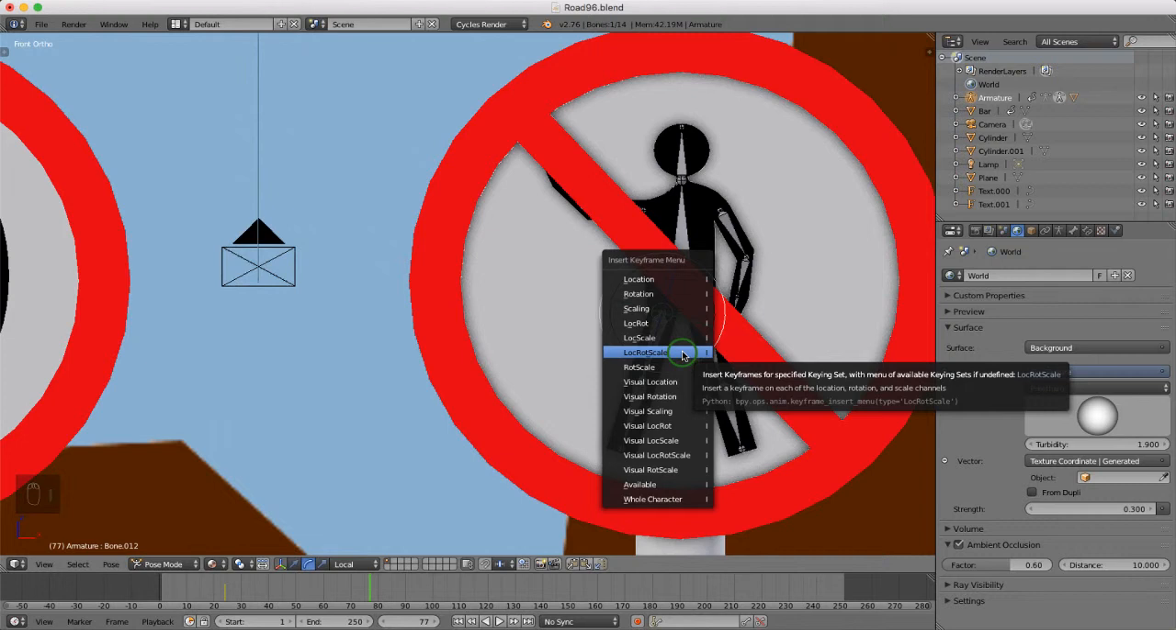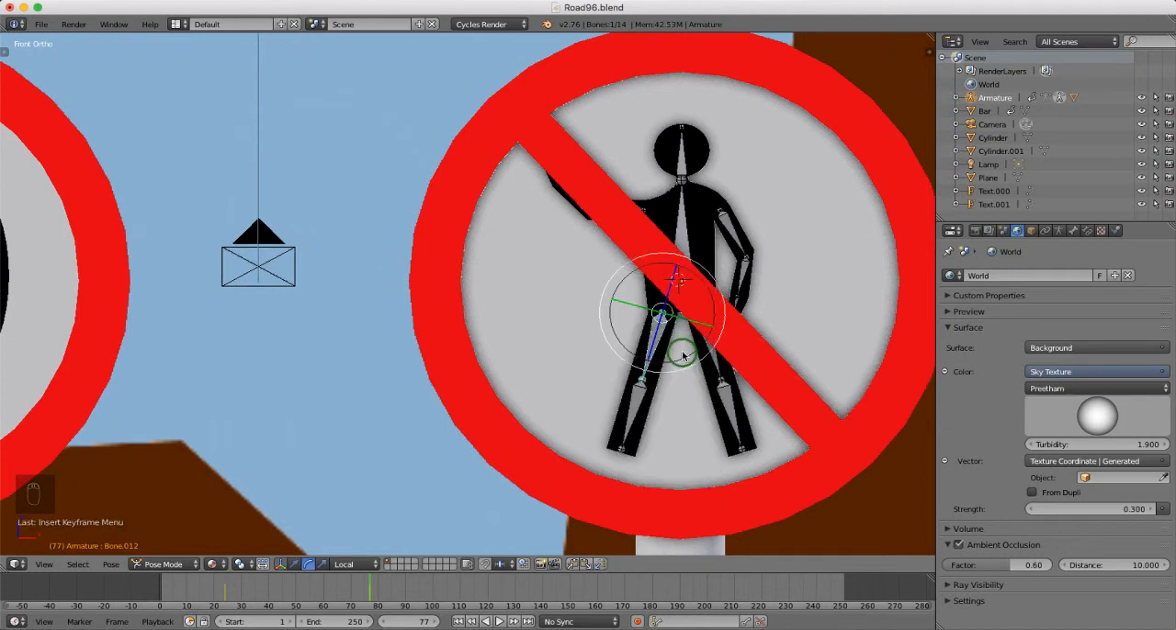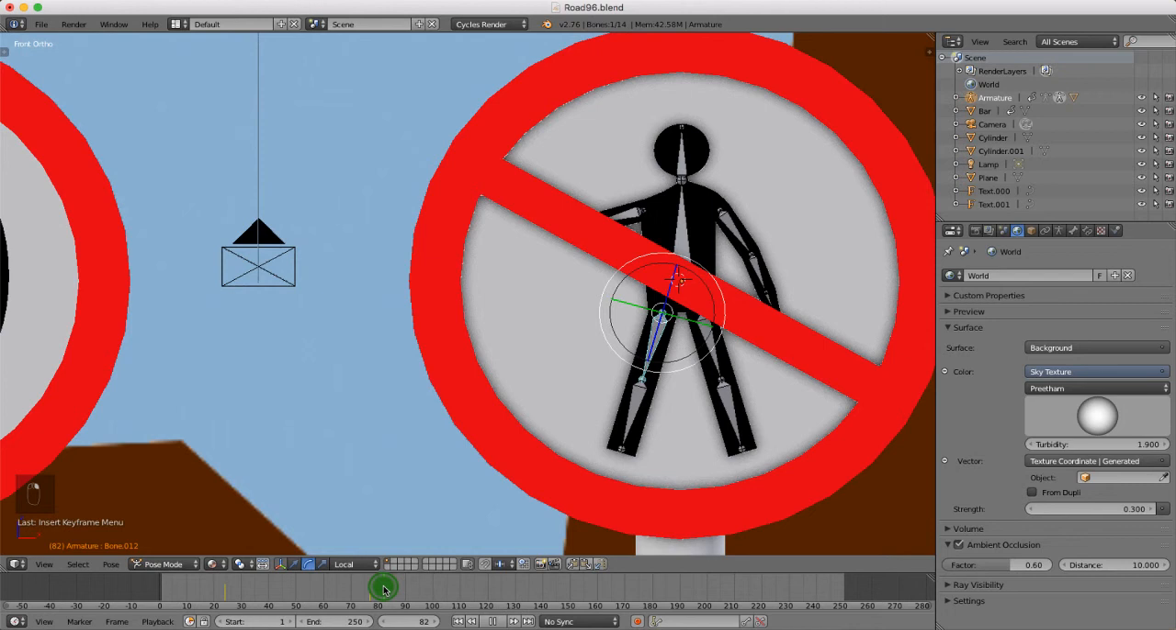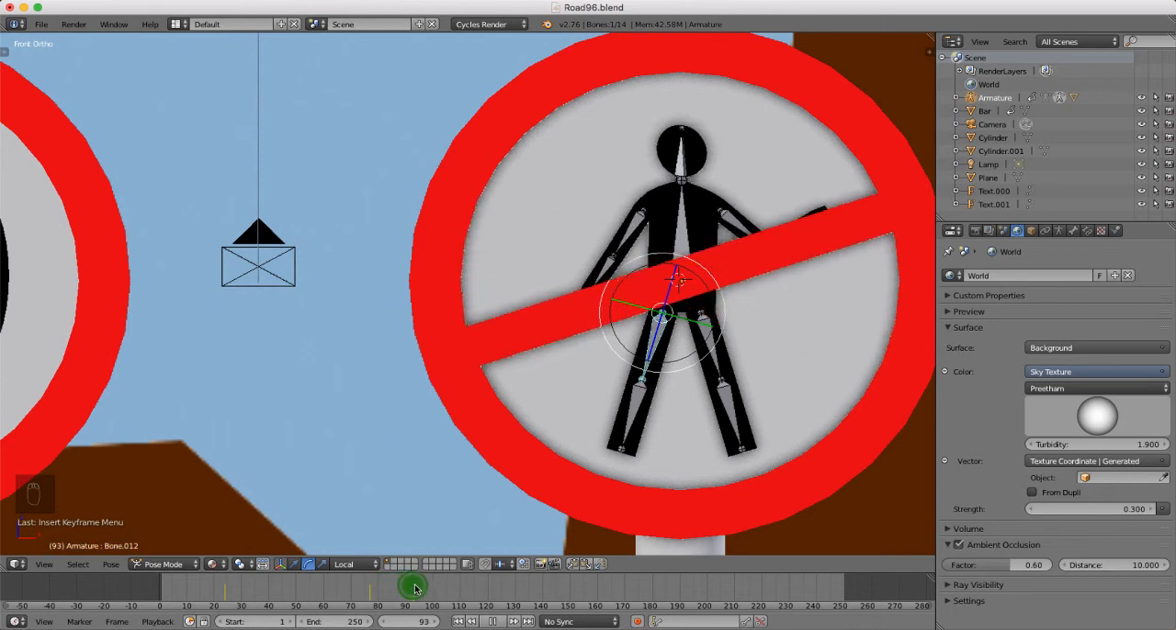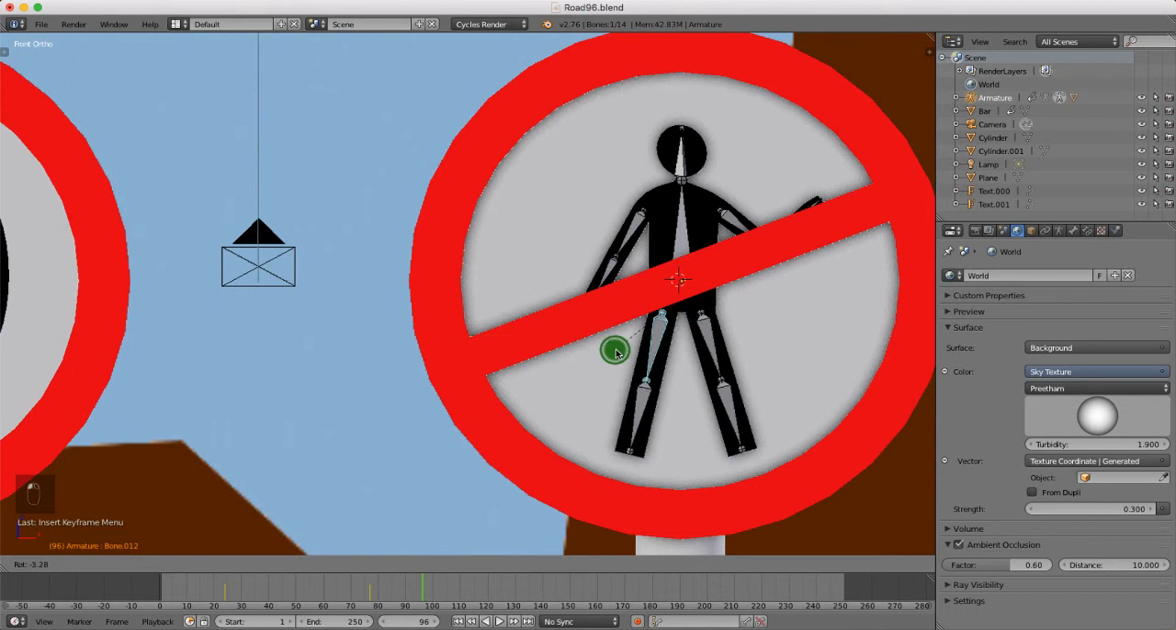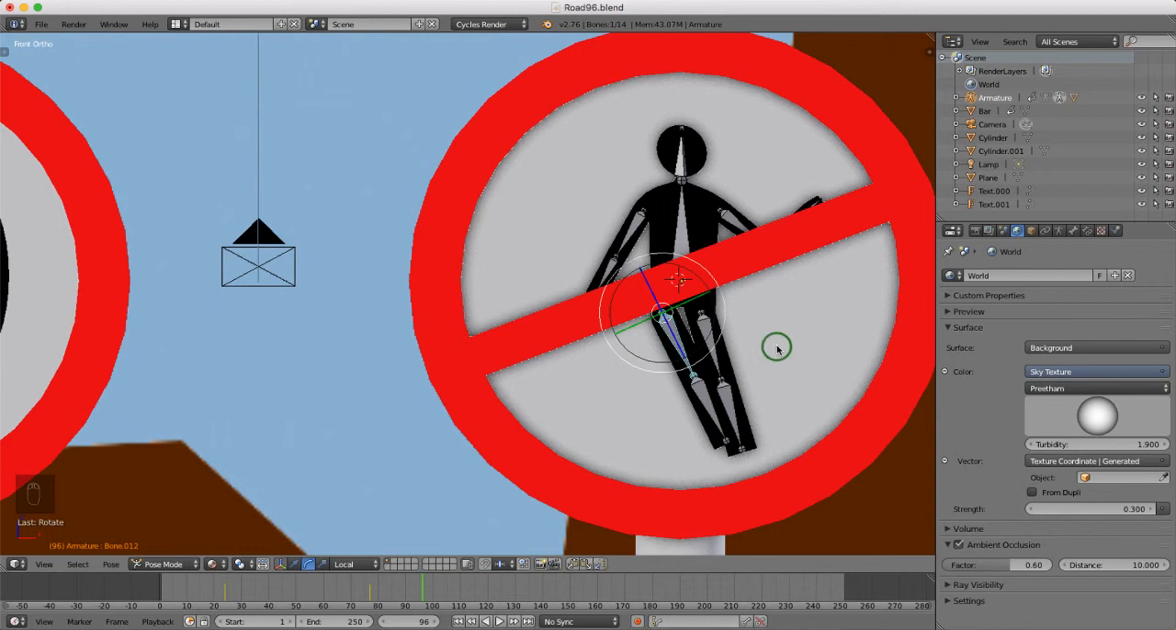So I'm just going to press I and left click lock location rotation scale, and I'm just going to again press and hold the right mouse button and scrub on a little bit on the timeline, and I think it's 96 we put the last one in. So I'm just going to grab his leg and maybe drag it to here, press I location rotation scale, and I might just come back